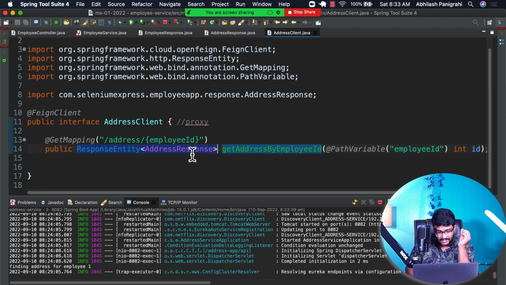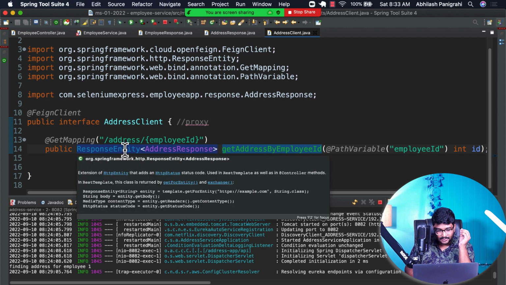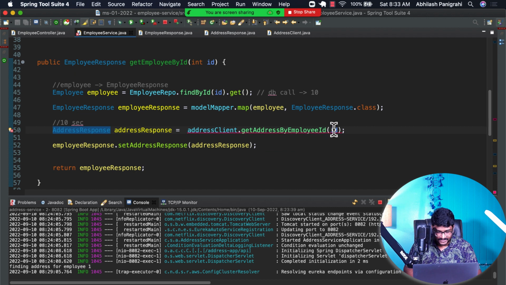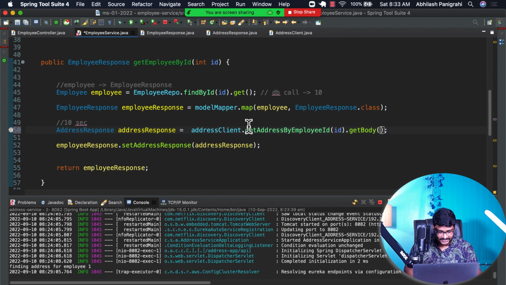It is not only going to return you the address response, it is also going to give the details of the address response, like what is the status code, what are the HTTP headers, and different things. So I only want the address response back from my response entity, so I can just do dot get body, and there you go, it's going to get you the address